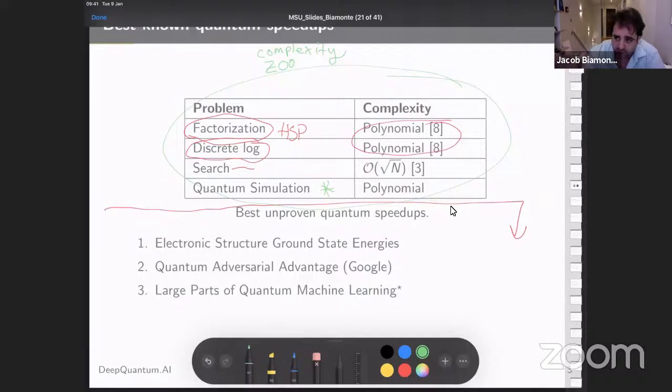Quantum processes are thought to not be in that class under polynomial reduction because of this table. The complexity of these is proven, but the speedup over the classical case is either restricted to the oracle setting, which is a black box, or, in general, the complexity of certain tasks such as factorization and discrete log is not known.